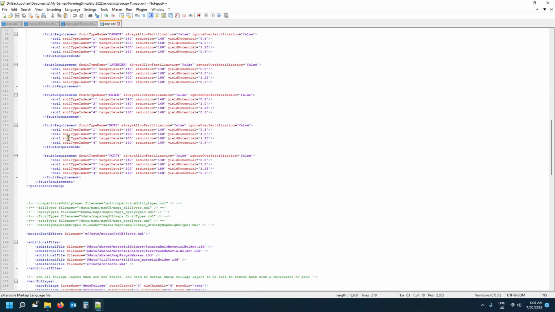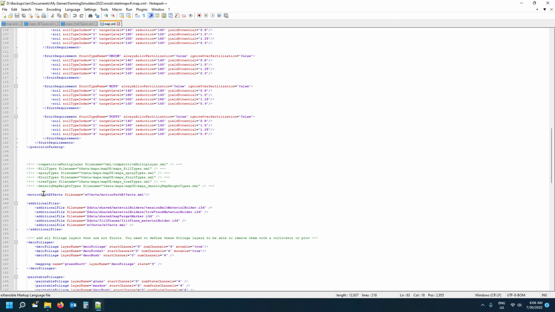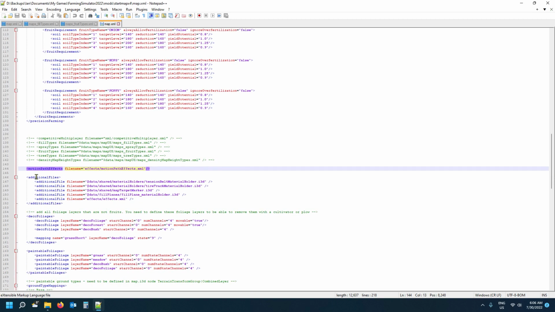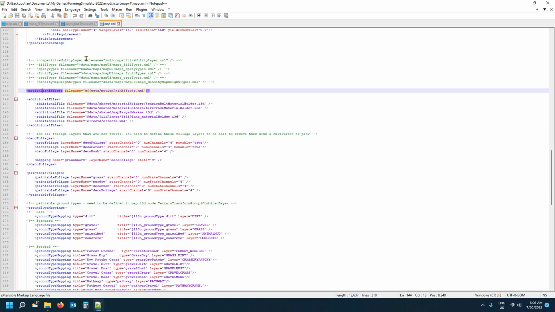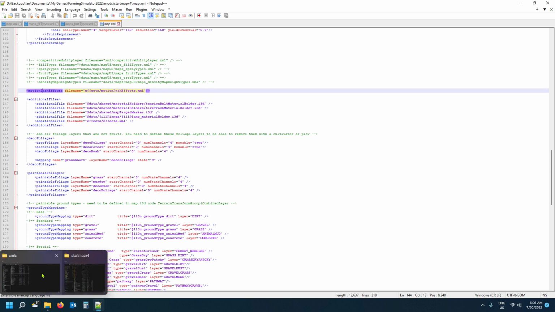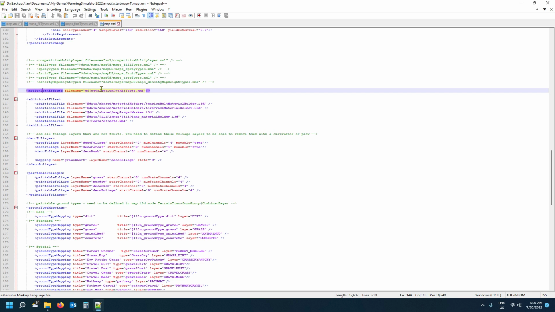So first work through your map XML and then have a look. So there's your effects. You see effects is there. So once again, if your map doesn't have multi-fruit on it, all these things you will add to your map XML. So the effects path, and you'll copy the effects over from directory to directory and make sure this directory is at the right spot,